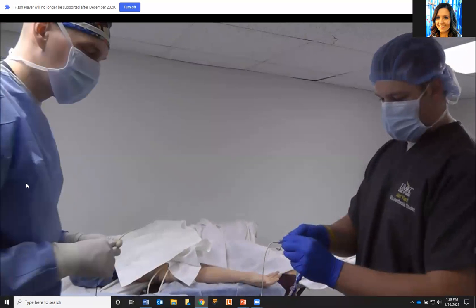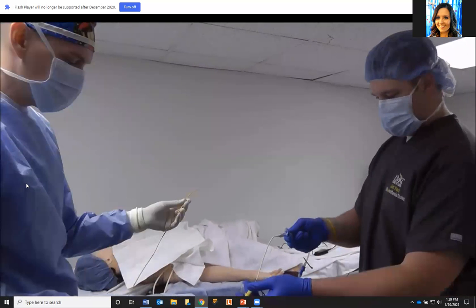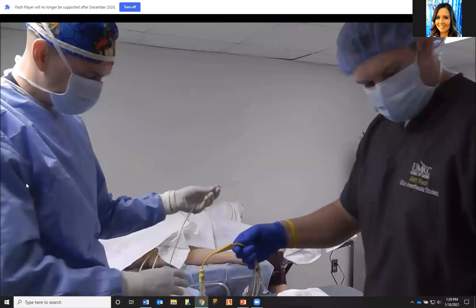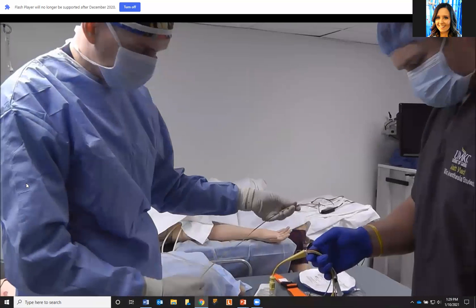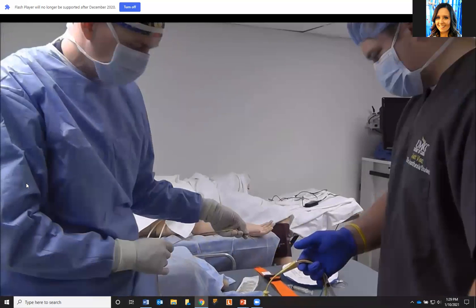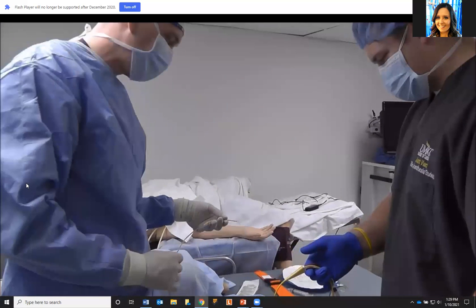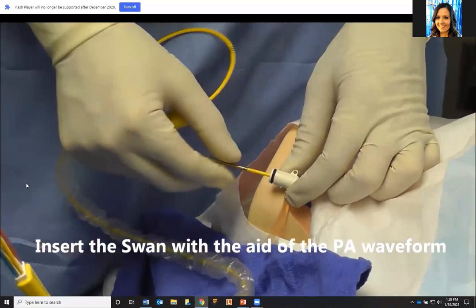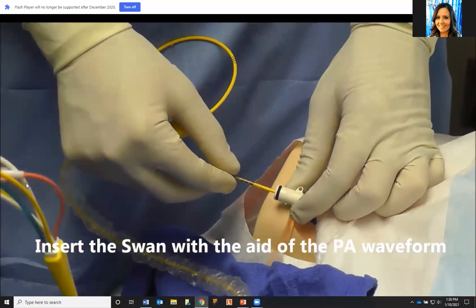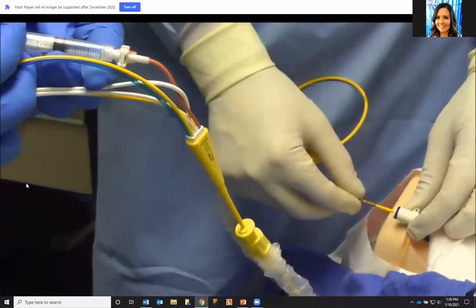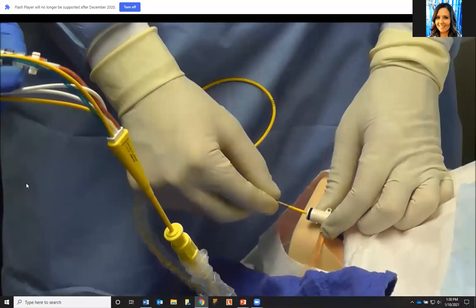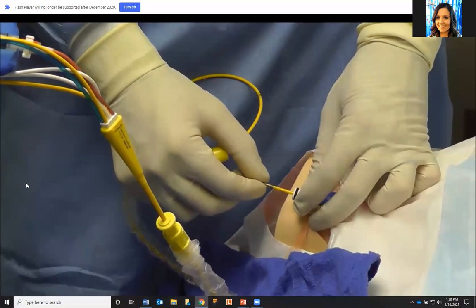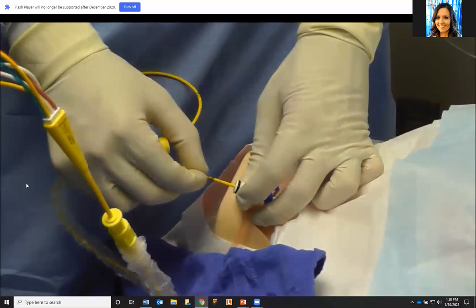Okay, now go ahead and flush my CVP, please. Okay, looks good. Go ahead and flush PA. Okay, looks good. We're ready to float this thing. Let's do it. Okay, so just ready to float this now. Why don't you go ahead and inflate the balloon for me? Balloon is now up. Okay, so now we're going to look at our pressure waveform to guide where this is